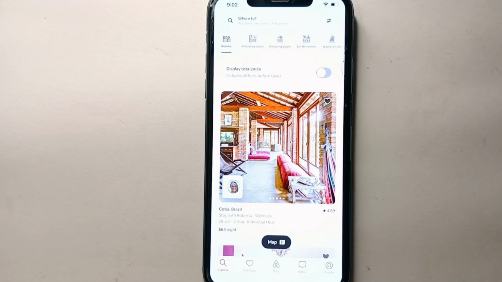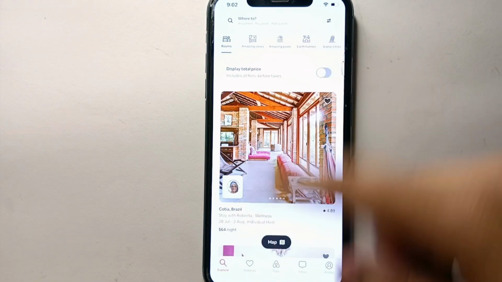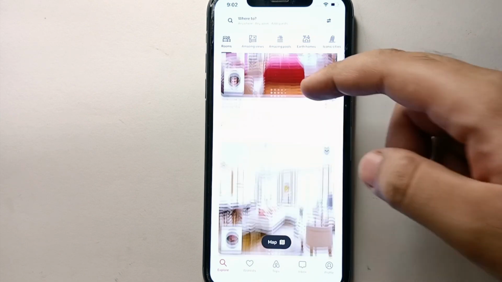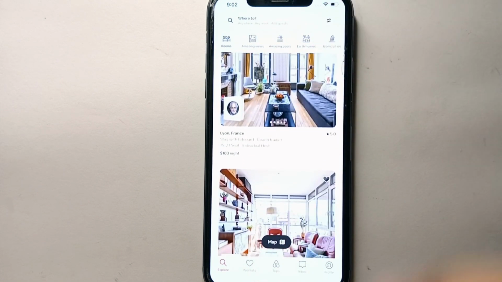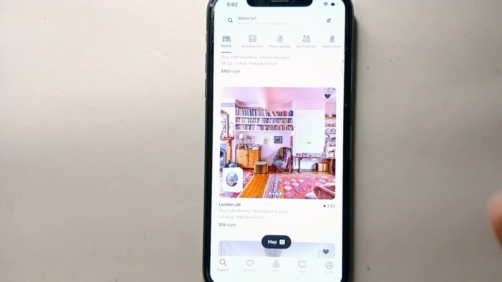At the top, you will see some options, and at the bottom as well. And in the middle of the screen, you will see some of the places that if you want to stay there, you can stay there, you can rent them, and if you want to purchase, you can do that too. Now, if you're looking to secure your account, like you want to manage your privacy, therefore you have